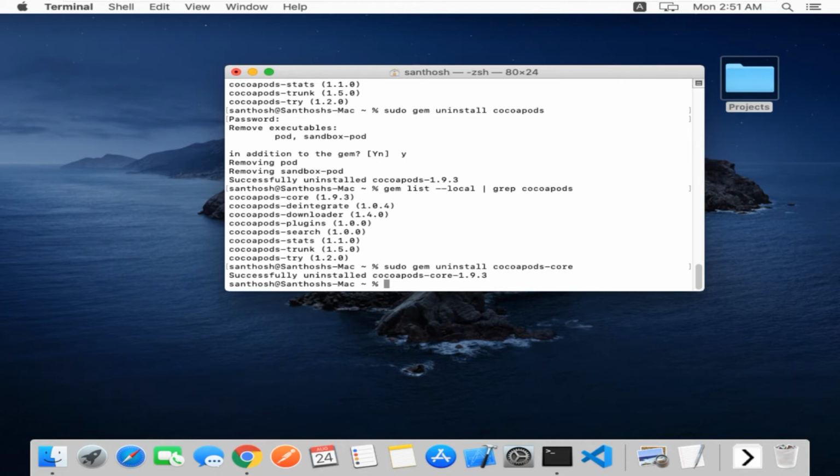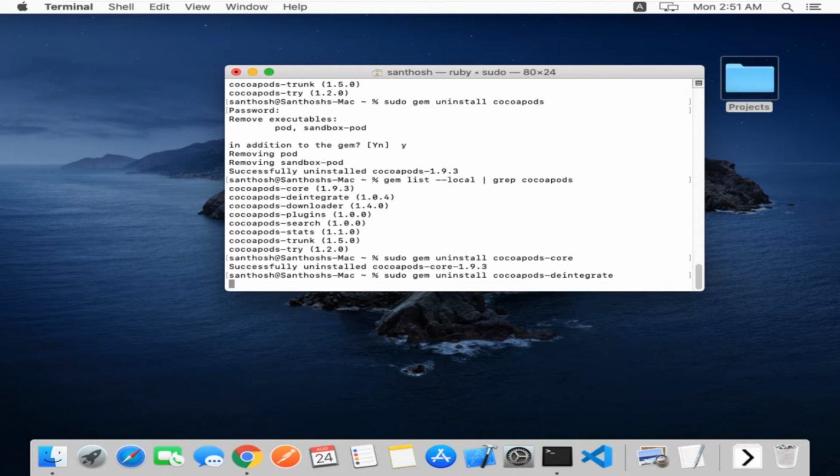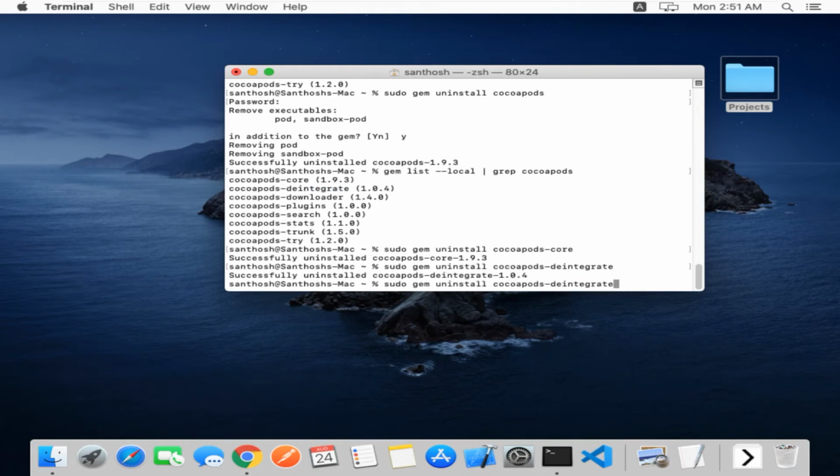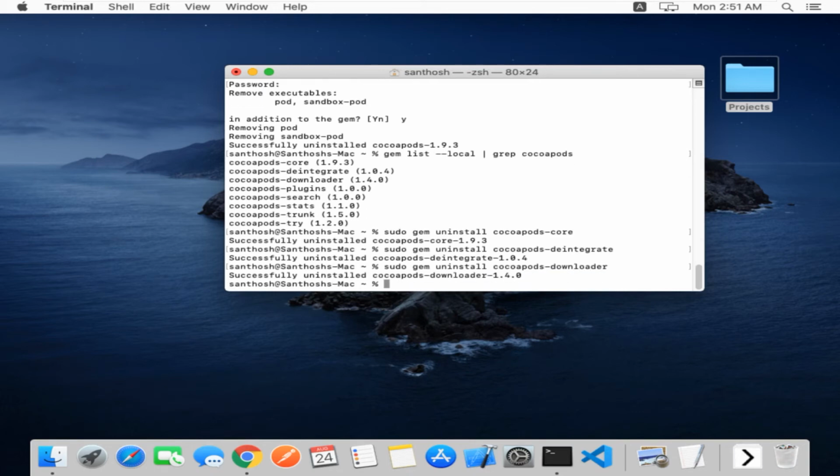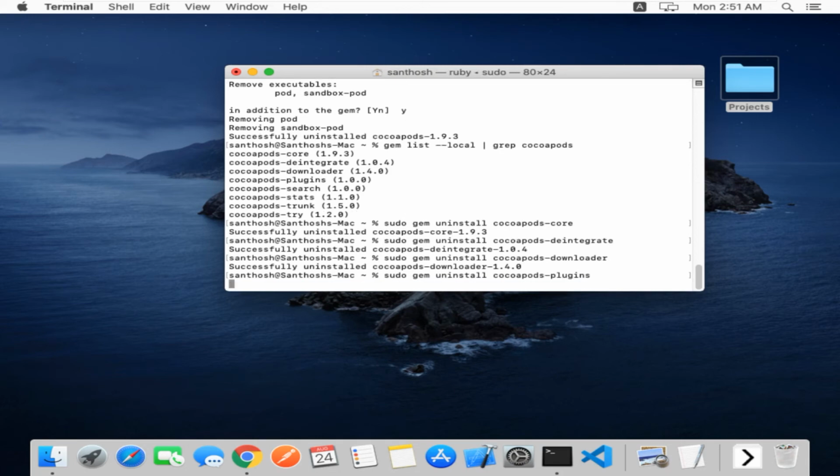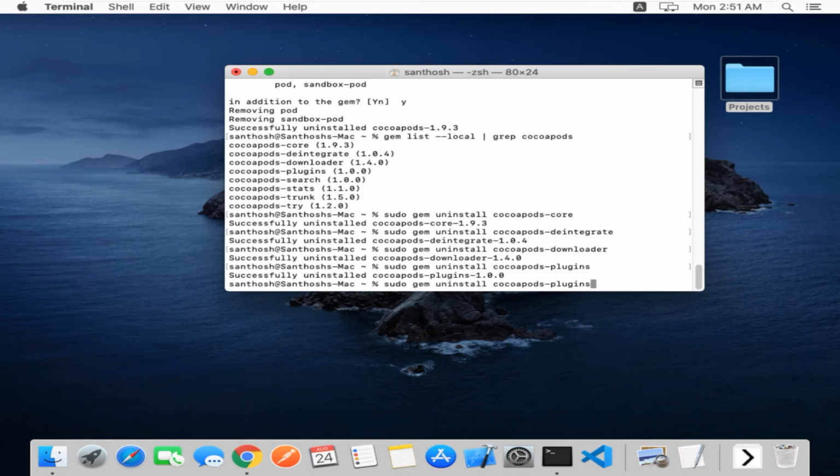It will remove the same thing like what we have, de-integrate this one, press enter, uninstall, and next one is downloader, uninstalled. Next one is plugins, uninstalled successfully,